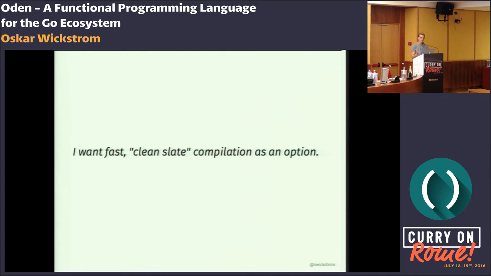Okay, I want fast, clean slate compilation as an option. And what do I mean by this? First off, I should say I really love doing REPL programming, interactive programming. And I work with Clojure mostly in my daytime. So I feel like I'm forced to use the REPL in Clojure because it's impractical to be on the command line and run compile all the time because it takes too much time. So I'm forced into this interactive development flow, and it's good to be able to do interactive stuff,